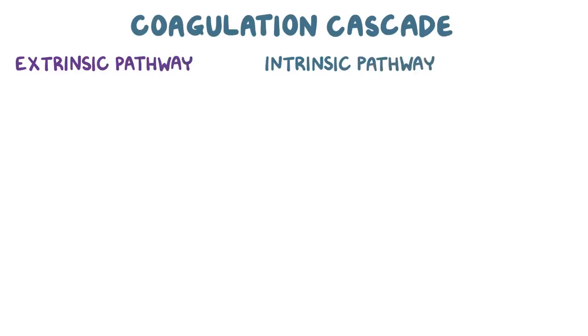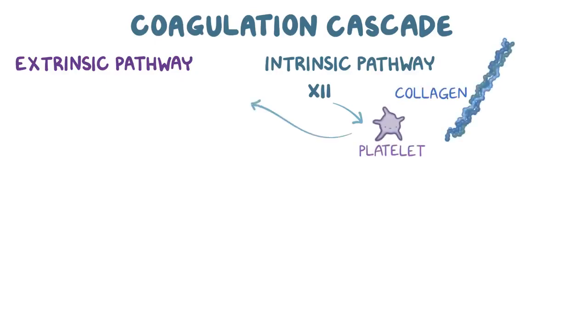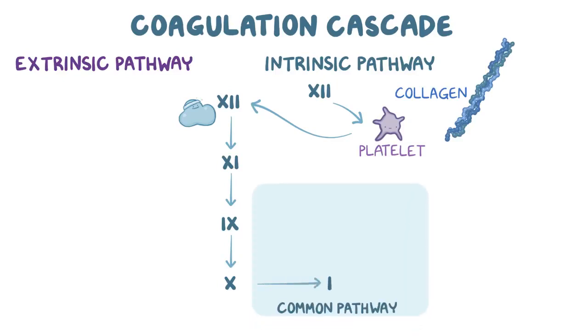Now, before we discuss heparin in detail, we need to talk about the coagulation cascade, which is where heparin exerts its effect. The coagulation cascade starts via two pathways, the extrinsic and intrinsic pathways. The intrinsic pathway starts when circulating factor 12 comes into contact with the surface of activated platelets, or collagen. Activated factor 12 then activates factor 11, which activates factor 9, which activates factor 10. Factor 10 starts the common pathway where it activates factor 2, or thrombin, which activates factor 1 that builds the